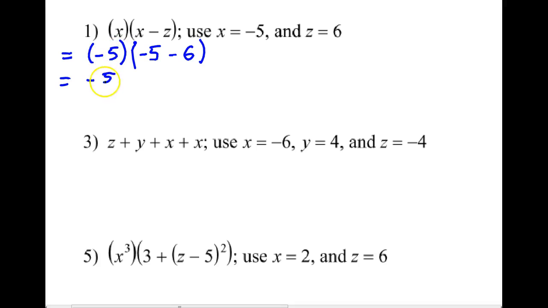If there's only one number left in the parentheses, you don't need the parentheses any longer. So since I plugged in -5, I don't really need that afterwards. -5 minus 6: owe $5, you owe $6 more. How much do you owe? You owe 11. Right? And of course, when you multiply, 2 negatives equal a positive. You'll see me use a positive sign only when the 2 negatives canceled out and made a positive. Otherwise, I just put 55. So if that said 5 times 11, I just put 55. You don't have to put the positive, but it's just for you to know, well, how did you get that? Positive sign means I used 2 negatives. And then box your answer.